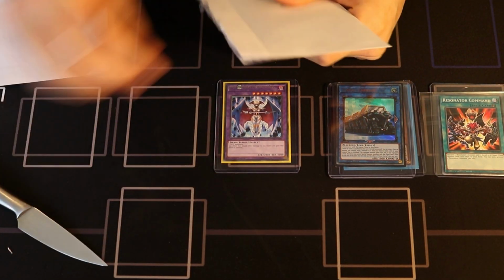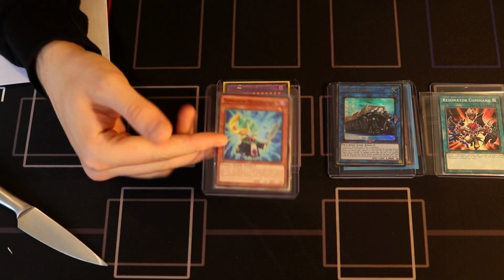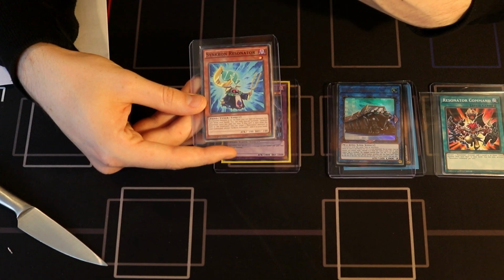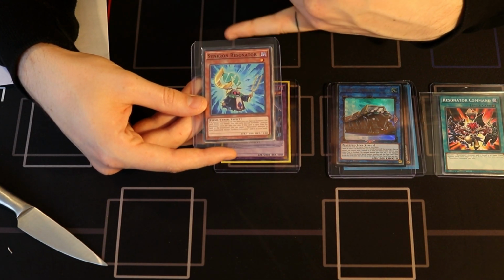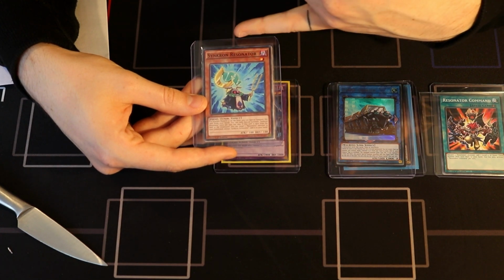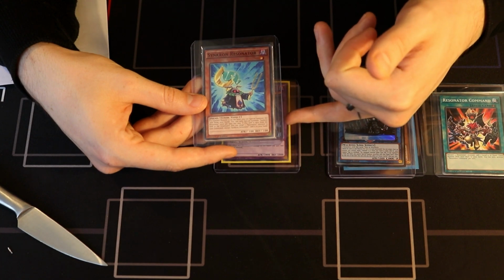Going on to the next one, we've got ourselves our Synchron Resonator. This is the best Resonator monster in the Resonator archetypes, in my opinion, due to the fact that it can be special summoned whenever a Synchron monster is on the field. Also, it can bring back a Resonator monster from the graveyard and add it to your hand, except your...